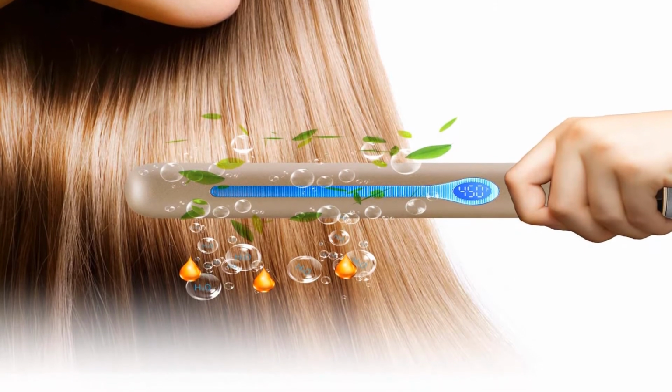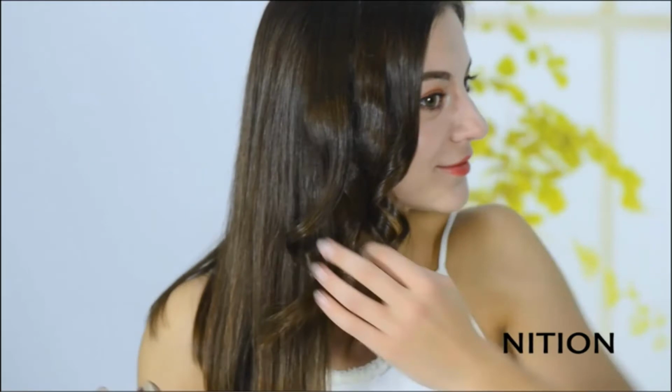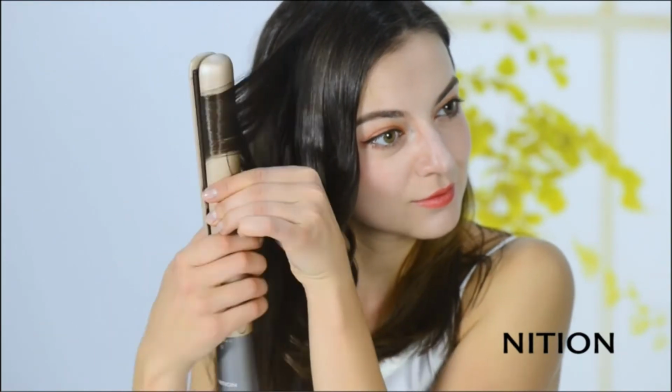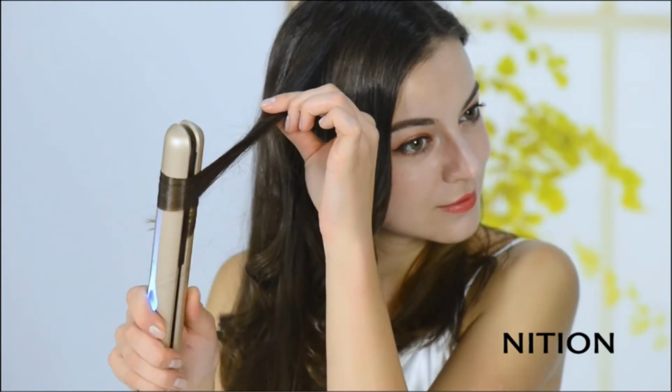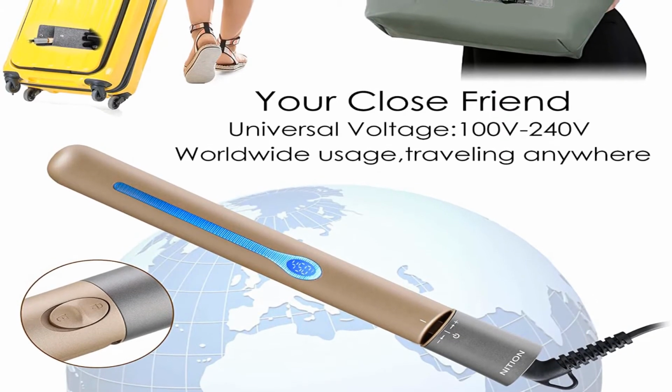This styling iron heats up pretty fast, and it comes with an auto shut-off feature that shuts it off when it is not in use for 60 minutes. This security feature comes in handy, especially for those that are quite forgetful. It has 6 precise temperature options for fine hair, medium hair,